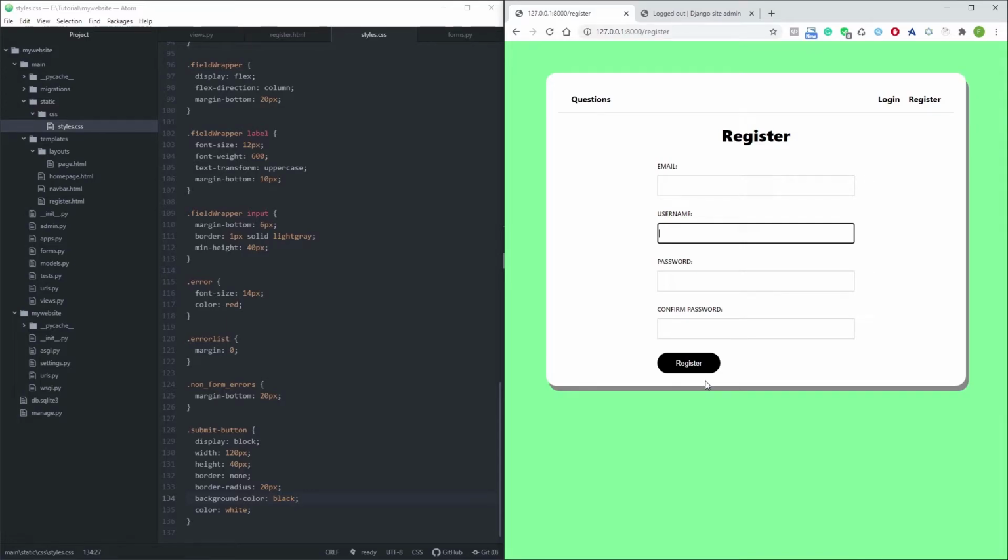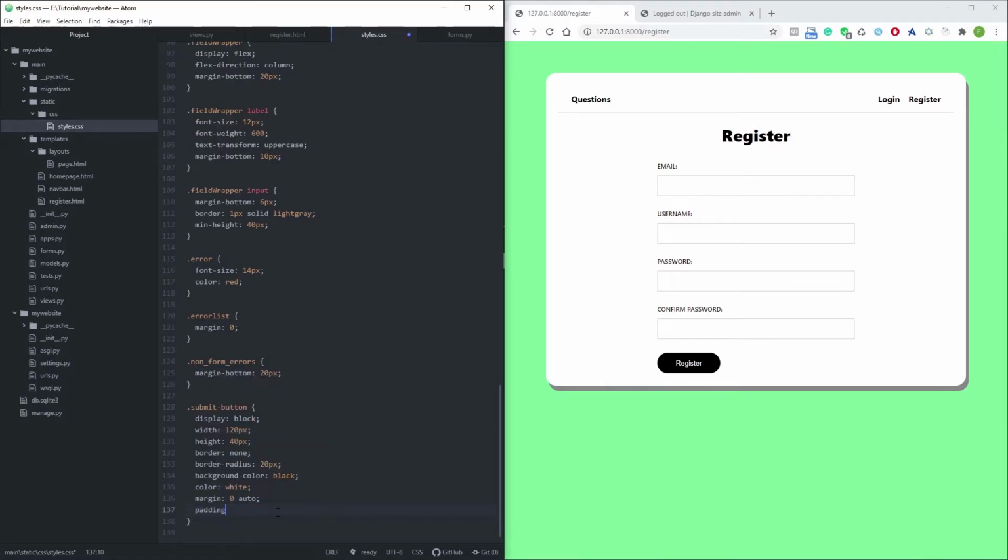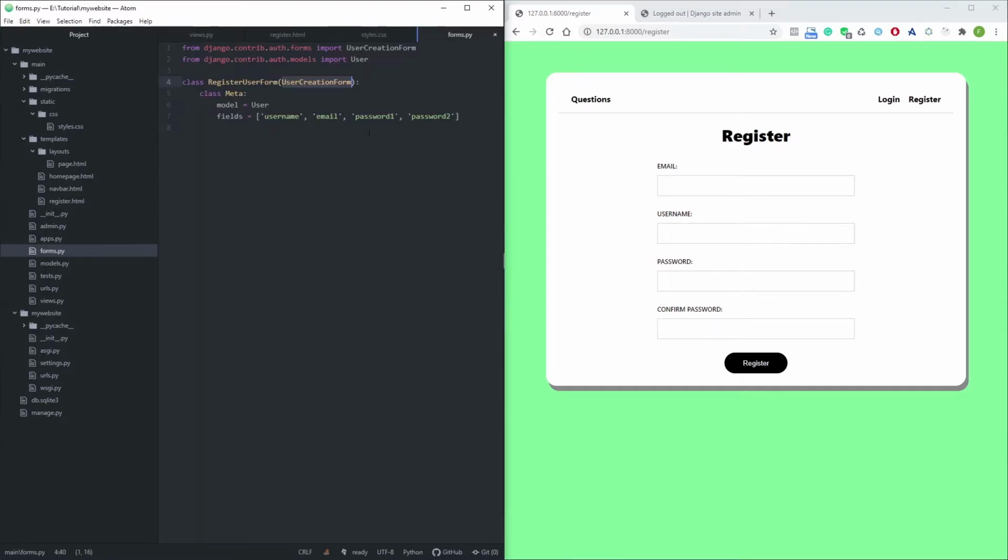I want to center now this, and also you can see the cursor. I want to have this as a pointer, so I want margin 0 auto to center. I want the cursor to be pointer. Cool. So now we get this, and I think now it is time to work on customizing this a little